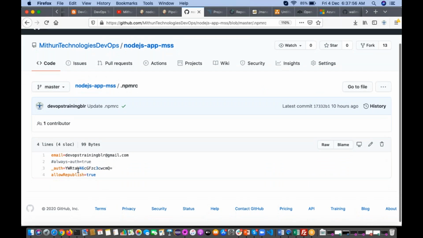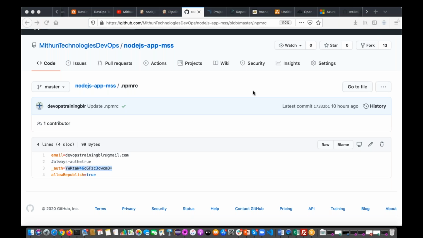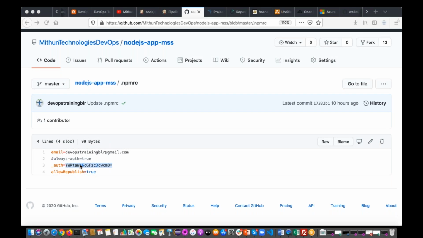There we are going to use one property called _auth. This is base64 encryption, so for that you have to use one command and generate this token. For that you can use the echo command.